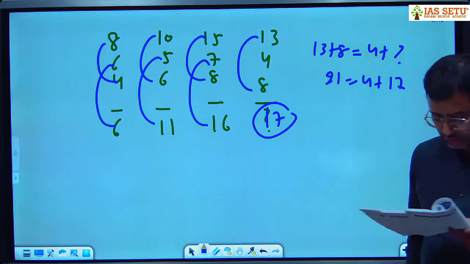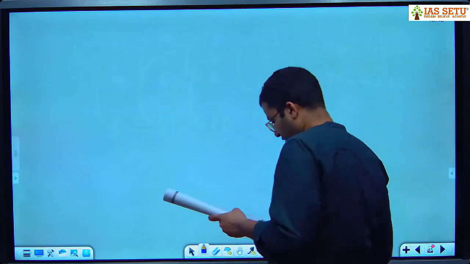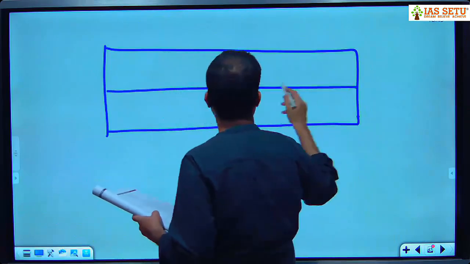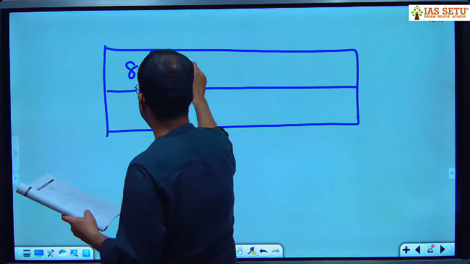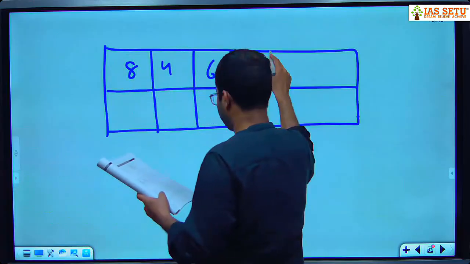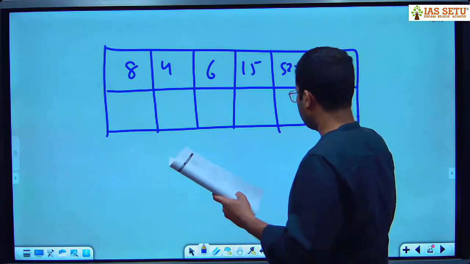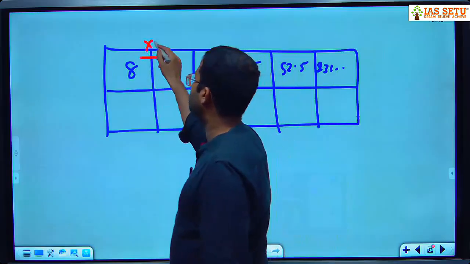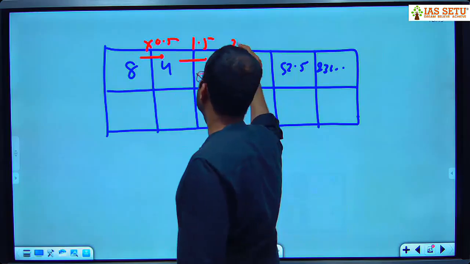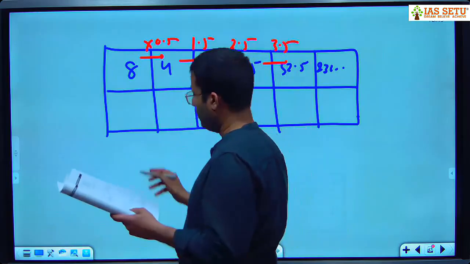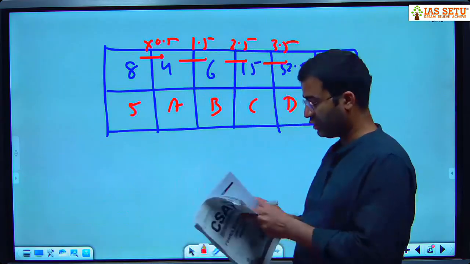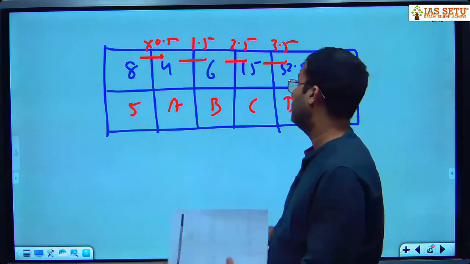Now here, question number 7, which is asked in 2021. 8 4 6 15 52.5 236.25. अब इसमें देखो क्या सीक्वेंस बन रहा है। इट इज हाफ, इट इज 1.5, 2.5, 3.5, 5 A B C D E। अब E पूछेगा तो डिफिकल्ट हो जाएगा, लेकिन C पूछ रहा है तो ये आधा। व्हाट इज